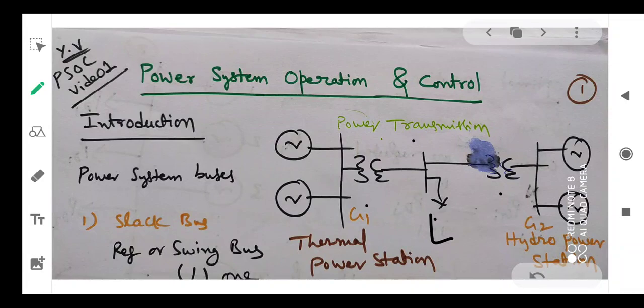This is the power transmission system, in which so many power transformers as well as transmission lines are there in between generating stations as well as load centers. Therefore, a power system comprises so many buses. There are three kinds of buses. The very first one is the slack bus or reference bus, which is nothing but the highest power generating plant, which can be considered as the slack bus or reference bus, which is used to supply transmission losses as well as spinning reserve.